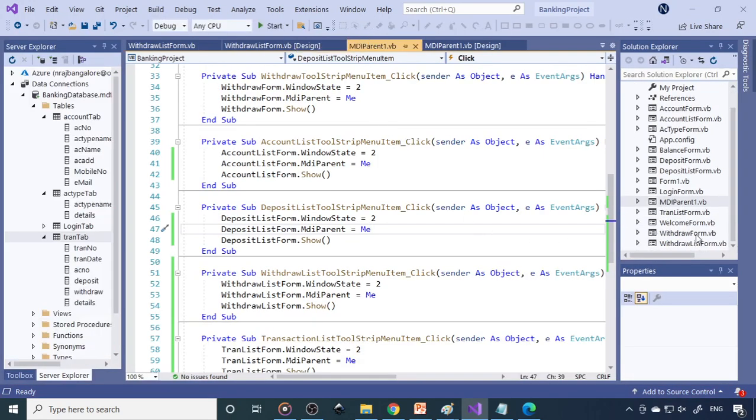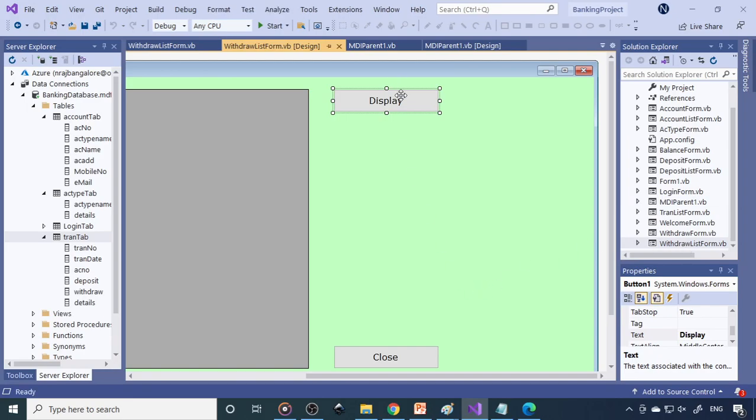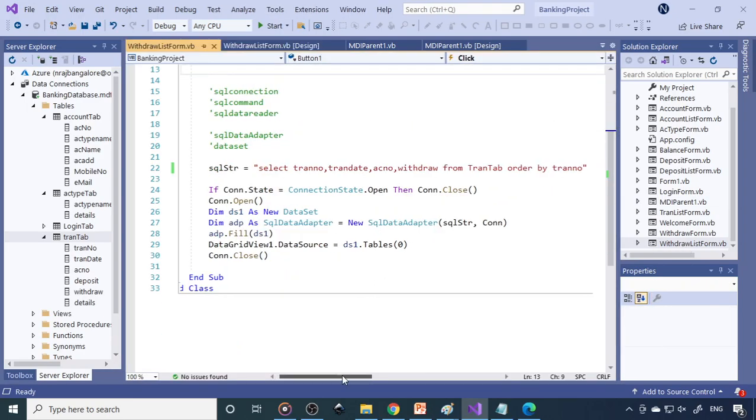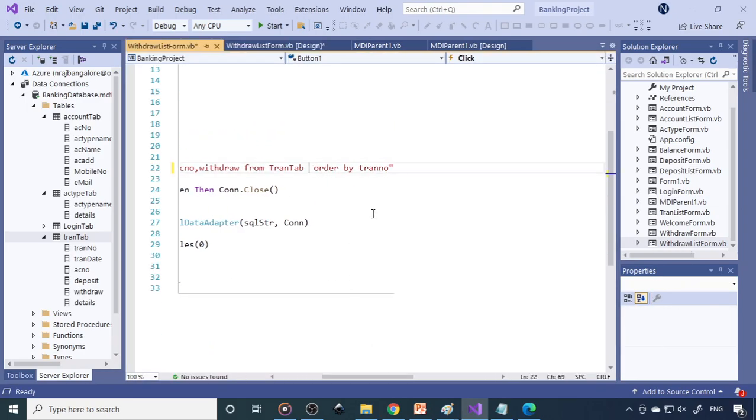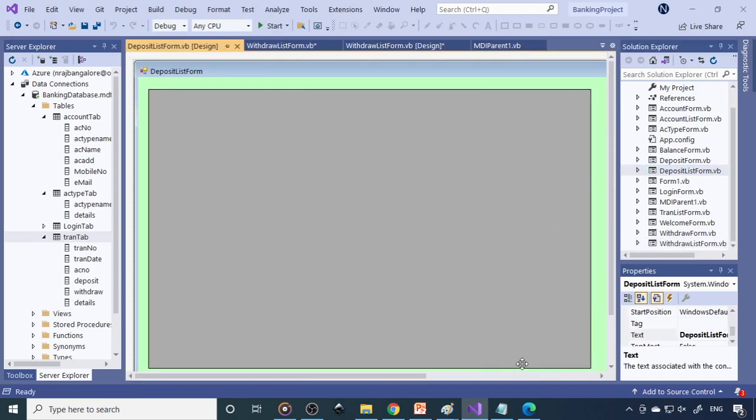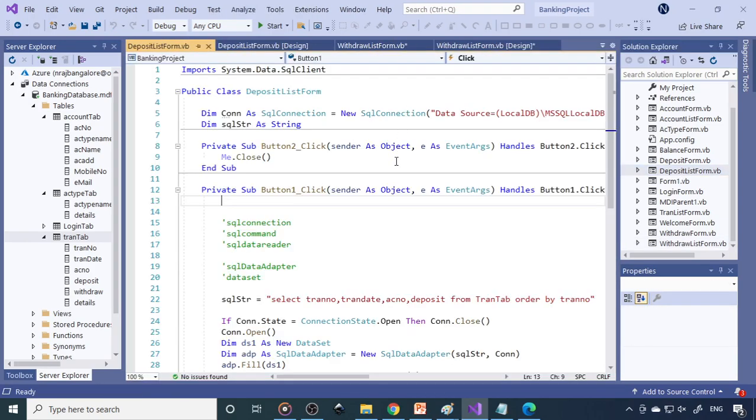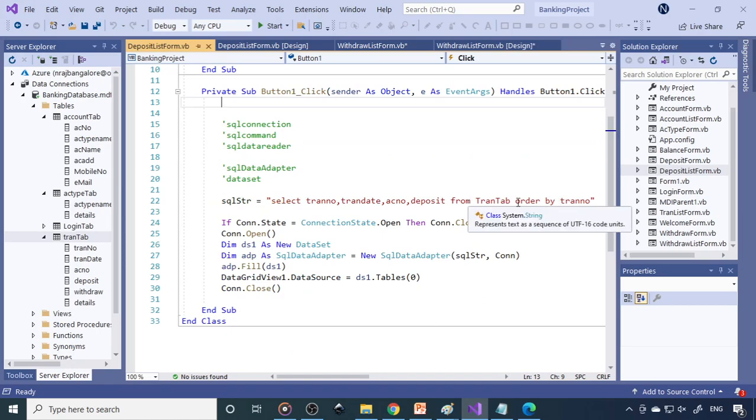So then how to stop this in deposit and withdraw? We need to make a condition here. You have to put one condition where withdraw is greater than 0. Same way for deposit, go there, and here you have to make where deposit is greater than 0.